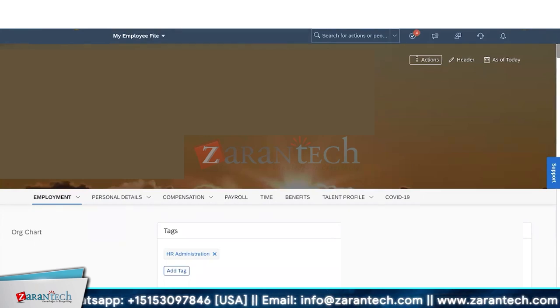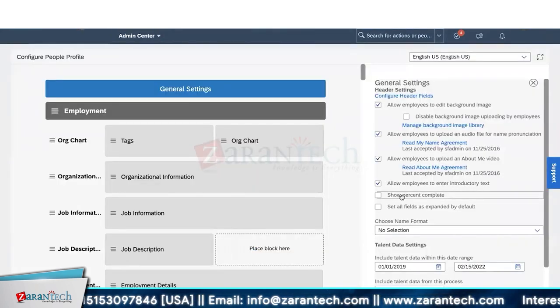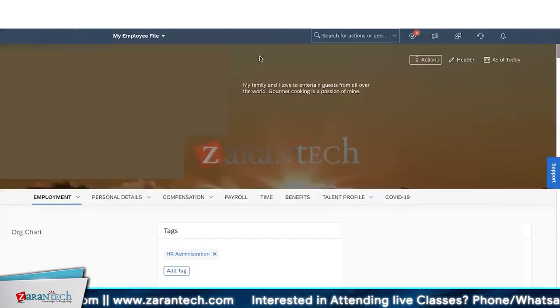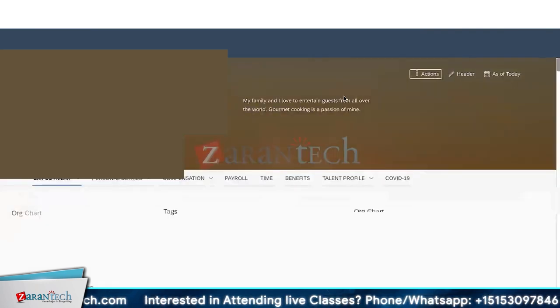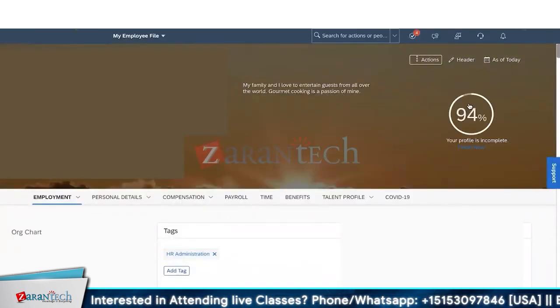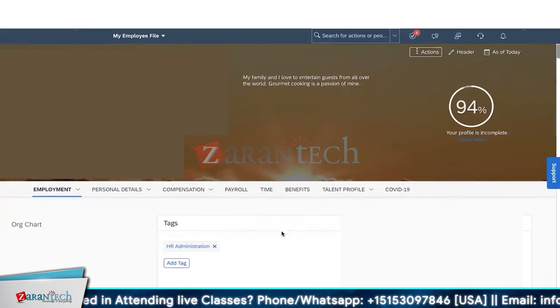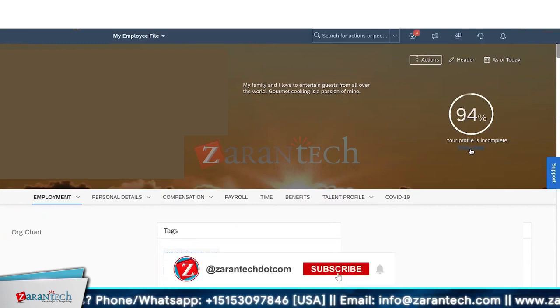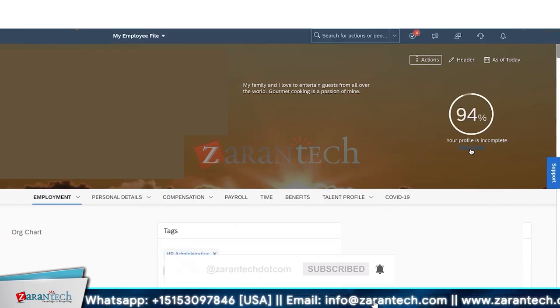Okay, and one last thing here we have is Show Percent Complete. This will give you a percentage of your profile completion. How much of your profile is up to date, I mean completed, and what sections of information are still pending. If you refresh it, it will give you clarity on whether you have maintained all the information or anything is pending. Say 94% of my profile is up to date. I mean, I have filled all those sections. Just 6% is still pending. If I click on finish now, the pending areas will come in the pop-up. I'll identify those areas, and any email IDs, phone numbers or address details that I did not maintain,